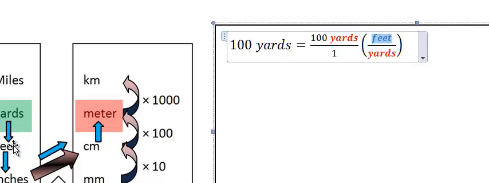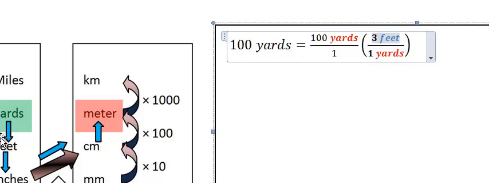I started at yards and I'm headed towards feet. Now the only thing left is to stick some numbers in front of these units so that the thing in parentheses is equal to 1. And indeed, 3 feet over 1 yard is equal to 1. Now, if at this point I stopped, my units of yards would cancel with my units of yards down in the denominator, and I would have 100 times 3 feet, 300 feet, which we all know that's 100 yards, so